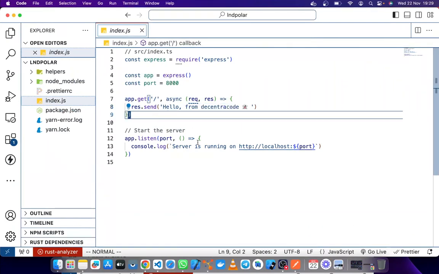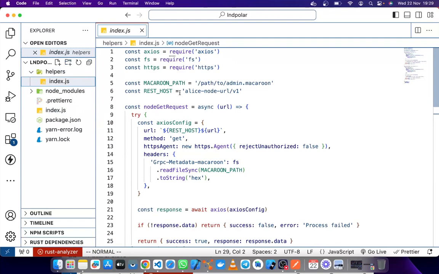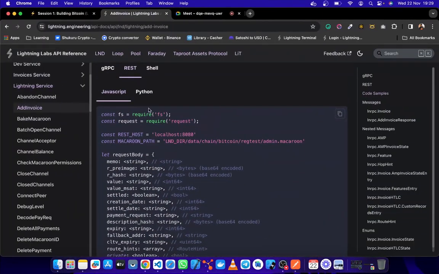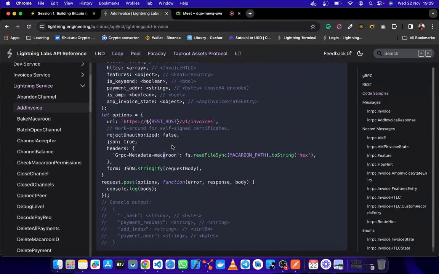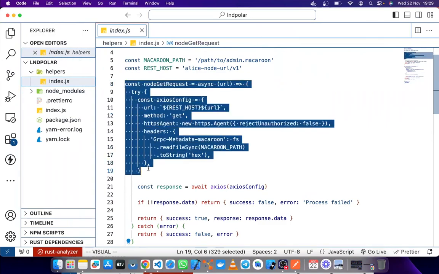So the first thing that we want to do, to keep it very simple, I created these helper files. These helper files are mainly the configurations for these endpoints, because I don't want to keep copying this code and pasting it around and repeating myself. So I created these blueprints for maybe a GET request.